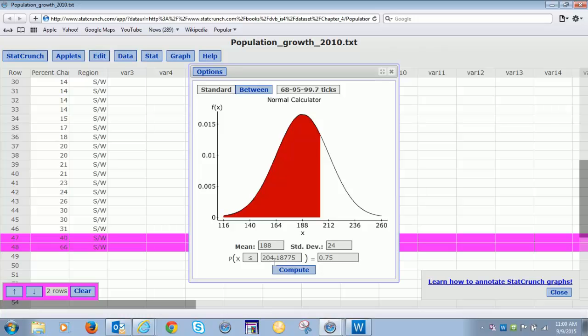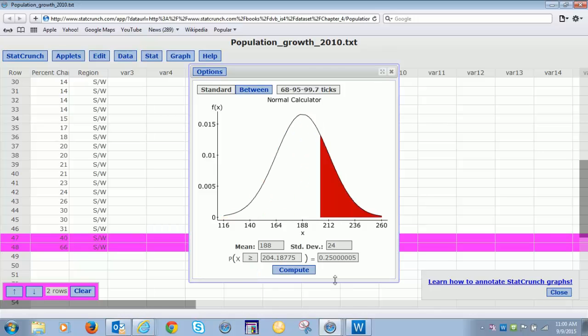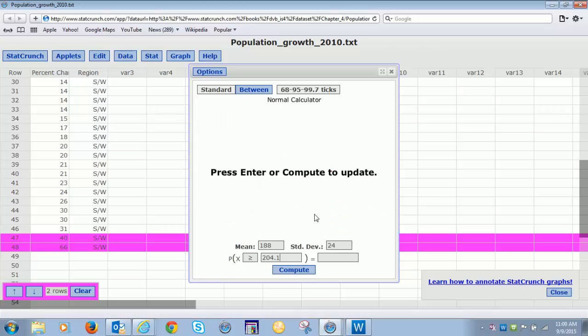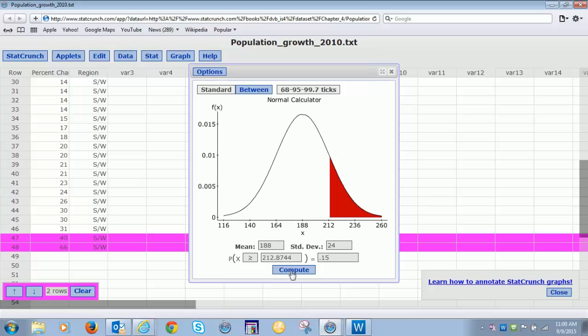And then one last question. They wanted to know what were the highest 15% of women's cholesterol levels above. So again, I'm going to change this to a greater than. And I'm going to change this here, take out this number, because I'm searching for a value of the cholesterol that corresponds to the highest 15% of the women. So I put in the area 0.15, and so about 213 would be the cut point for the highest 15%